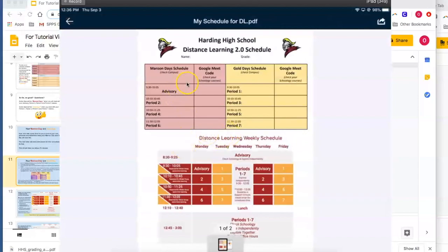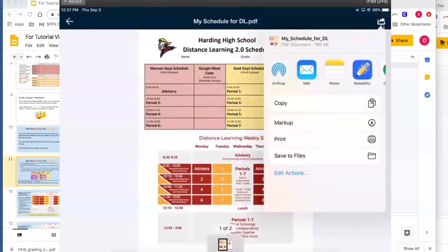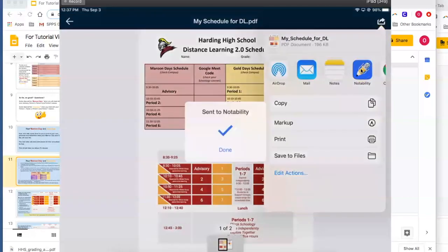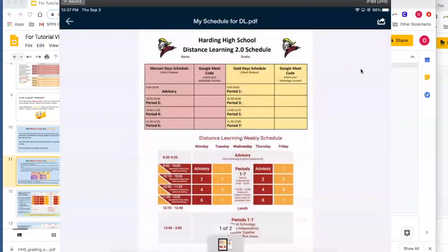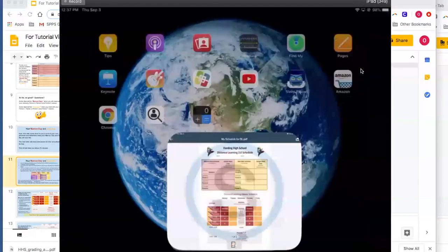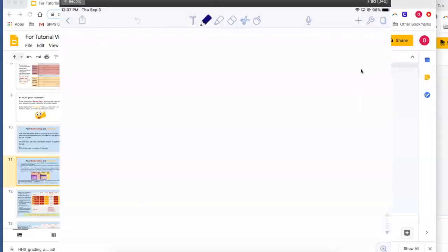In order to edit or add to the blocks that we have up here, we're going to have to pull it into Notability. You see some information down here, and there's a second page. We're going to be getting into that in just a minute. But to complete this portion, we'll click this export button up in the top corner here, tap on Notability, and that'll send it to Notability. From there, we should be able to open your Notability app and